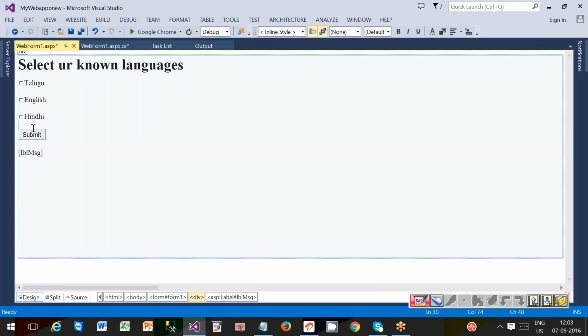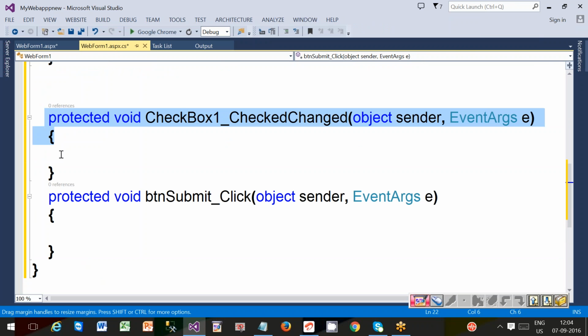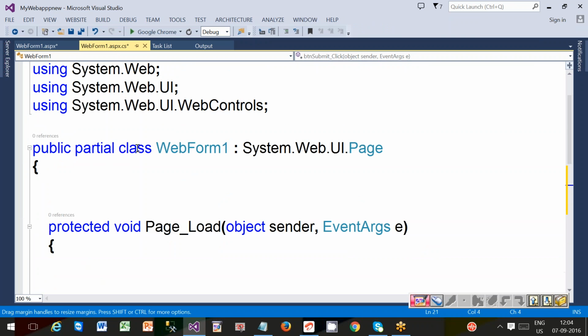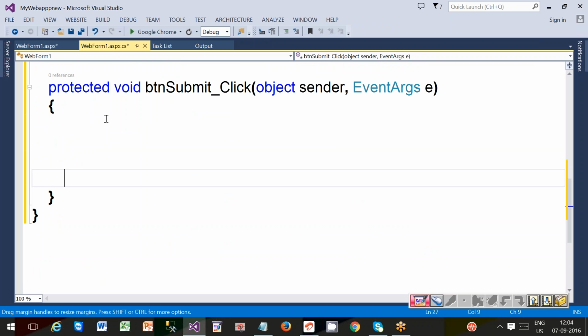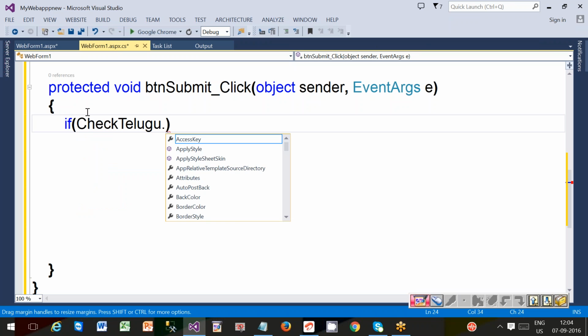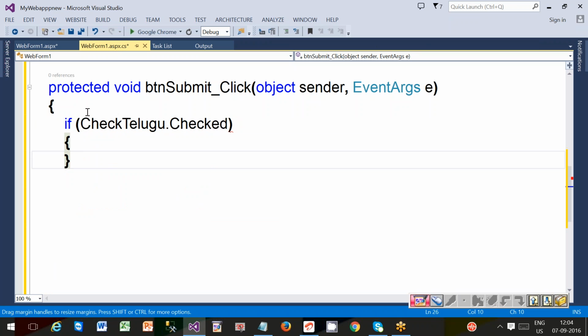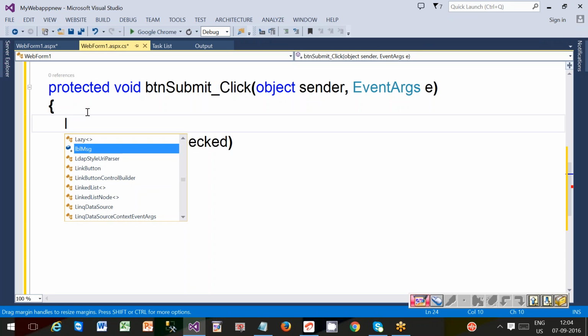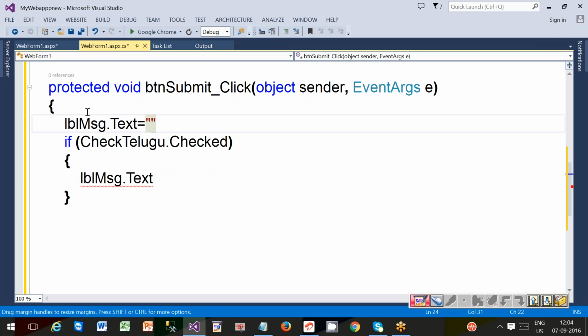Now we have to write the code under the click event. You observe, generally we'll write the normal code. Checkbox Check Telugu dot checked. If it is true, LBL message dot text equal to. Before that, you initialize a default value like this: message dot text, your known languages are